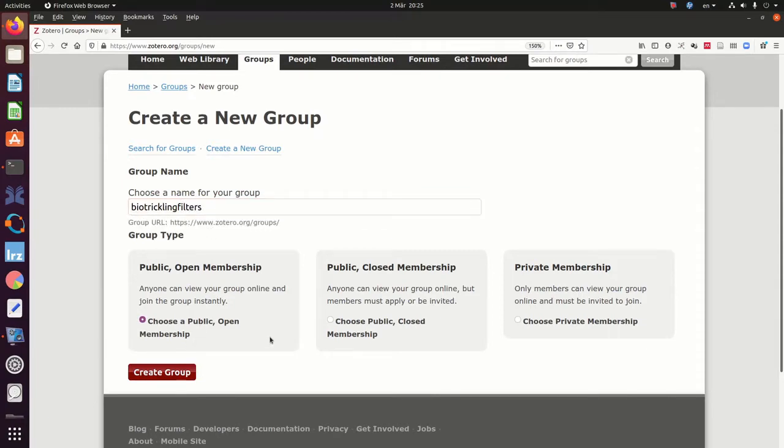And next you need to select the level of access you're giving others. In our case we want public access, so everybody can see your new group database, but only those who you personally invite are able to contribute into your new group library. So this is called closed membership. So select that and then create the group. Note also that your new group will have this URL that you can share with others. So create group,